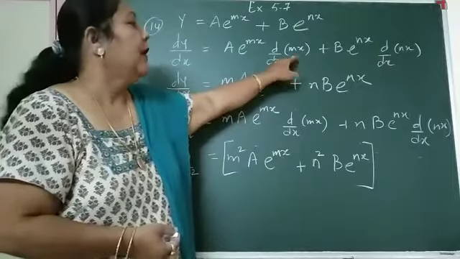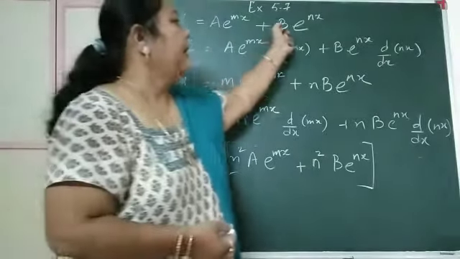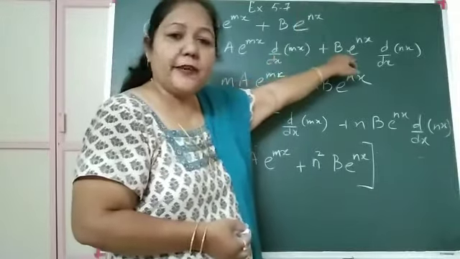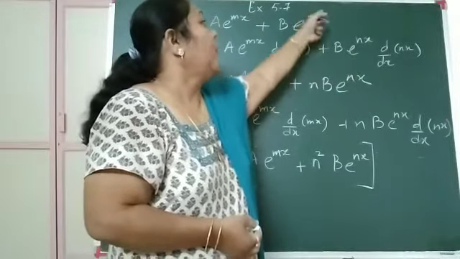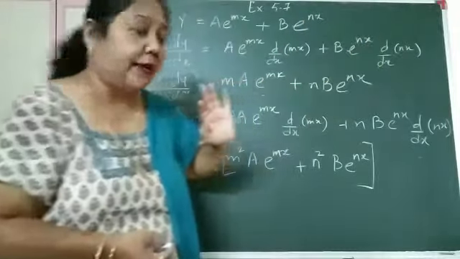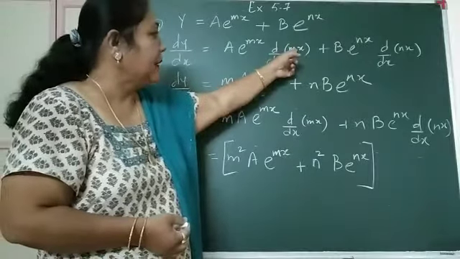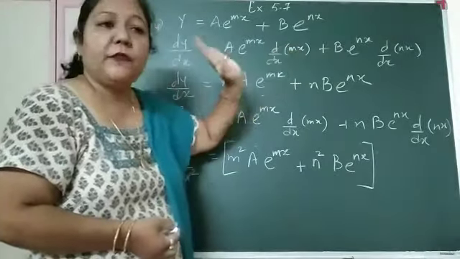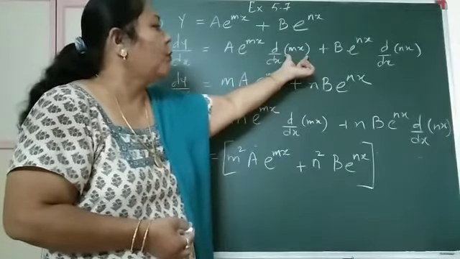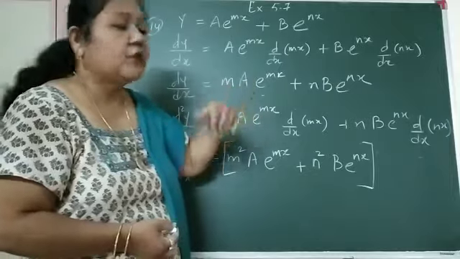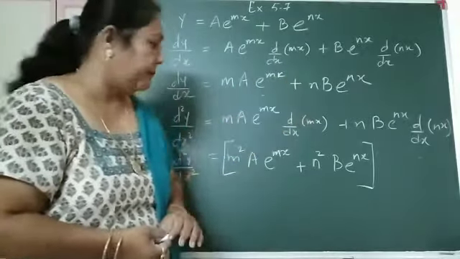And then in the same way, b is a constant, e raised to nx, the differentiation will be e raised to nx only by rule. And because the power was not a single x, I have to differentiate that power again. Now, m is a constant, so I wrote it in the front, and the differentiation of x will be 1. So the differentiation of this is only, the answer to that is m. So I have m into a into e raised to mx. Same way for the next one.